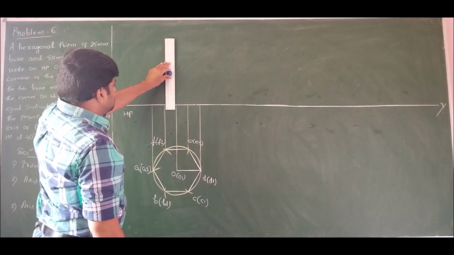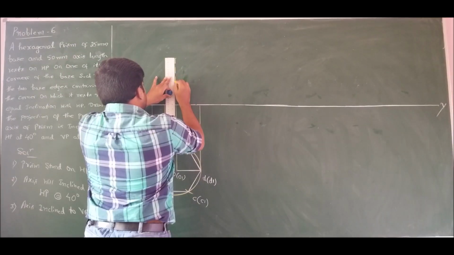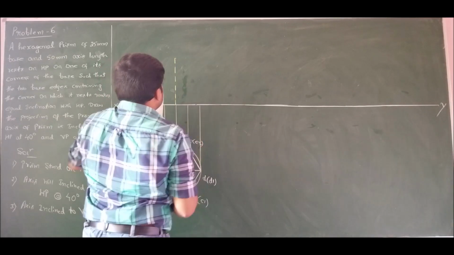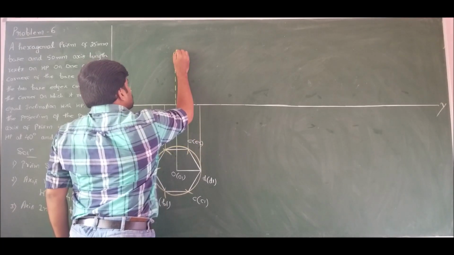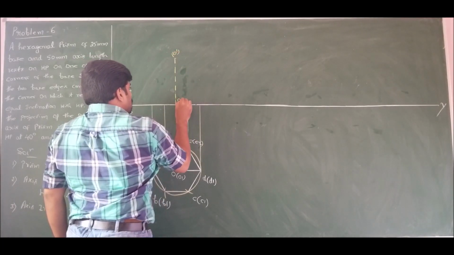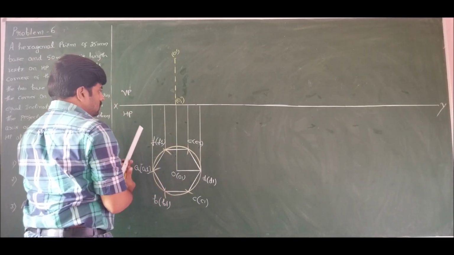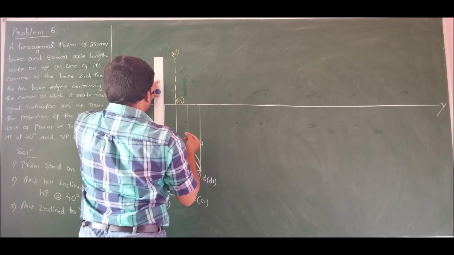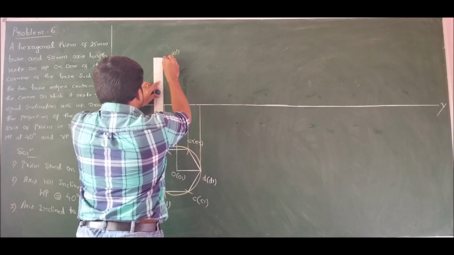Mark the axis whose length is given as 50 mm. Mark it with dashed lines with dots in between. In the front view, the axis is always invisible. Therefore, this is O prime and O1 prime. Next, draw the longer edges whose length is equal to the length of the axis, 50 mm.